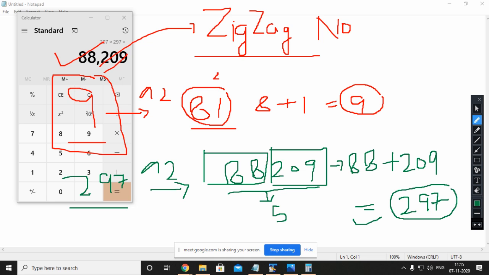So this is the question: you need to enter a number and check whether the number is a zigzag number or not. If the square of any number is coming even, then we will divide that number into equal parts. But if the number is having an odd number of digits like 5, we will divide this number into half, but in the second part we will get 3 digits and in the first part you are getting 2 digits. I hope this is clear everybody. Am I clear? Now try this question everyone.